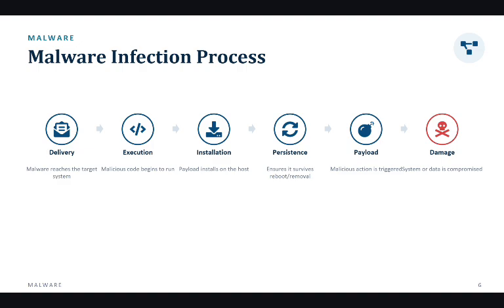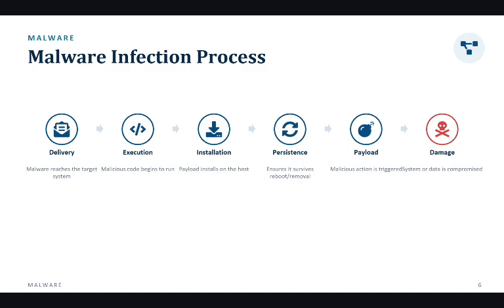Let's see how an infection actually unfolds, step by step. First is delivery. The malware reaches the target system, often via email or a malicious link. Next is execution, where the malicious code begins to run, then installation. The payload installs itself on the host machine. After that comes persistence,